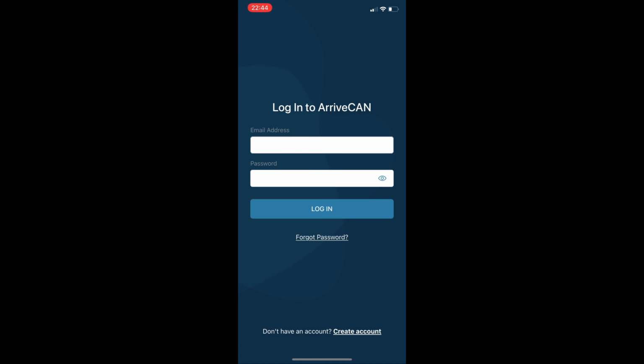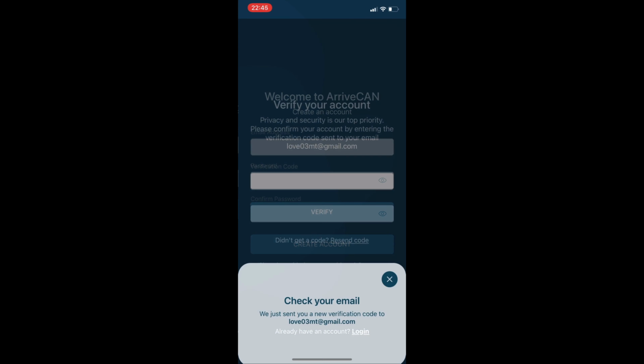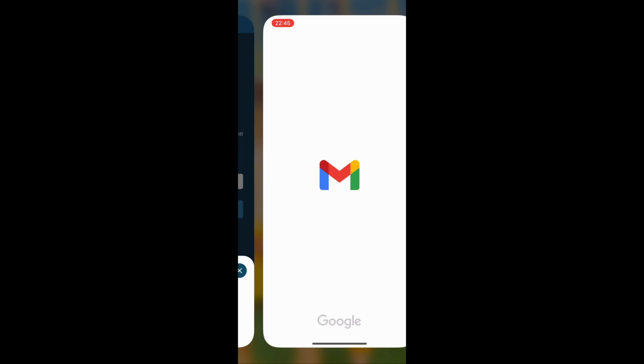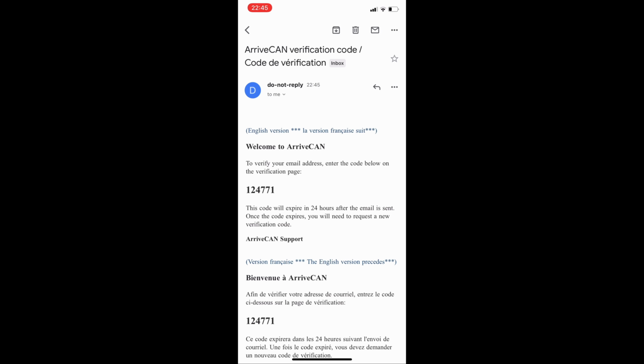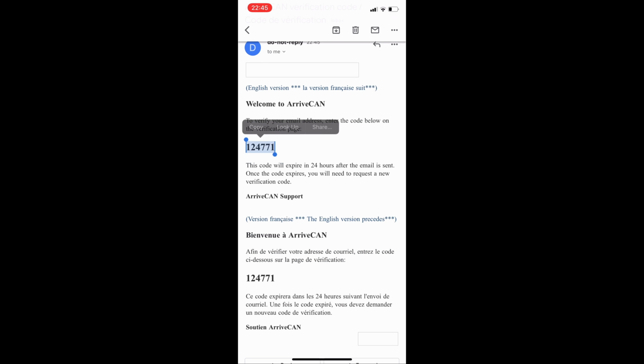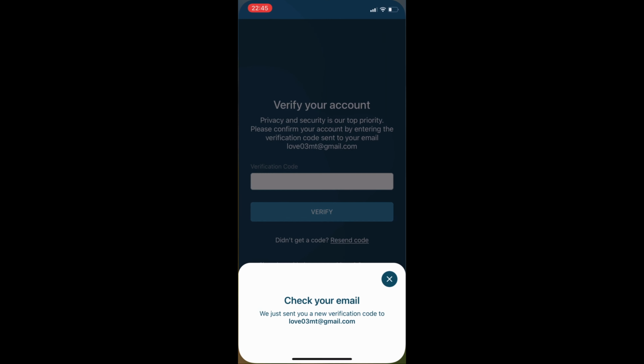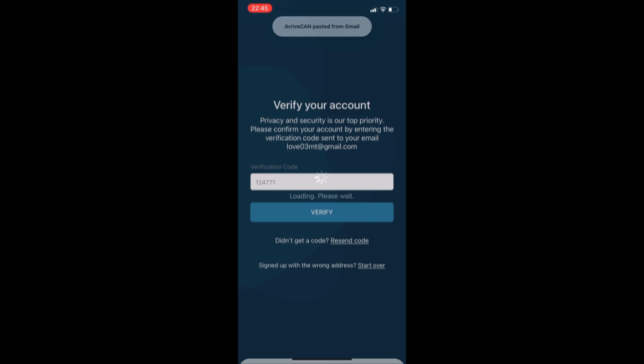Once you select next, you need to log in or create a new account. If you're using it for the first time, you'll need to create a new account, enter a new email and a new password, and you need to verify your email through an OTP which is sent to the email you entered. So I'm just going to verify it quickly, and we'll go on. Once it's verified, the next step is to